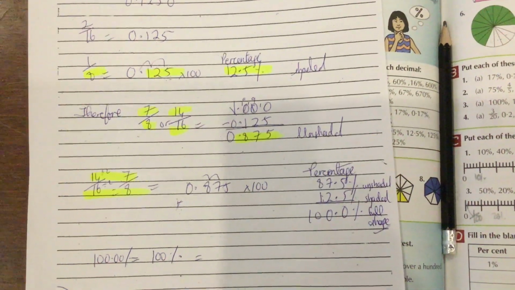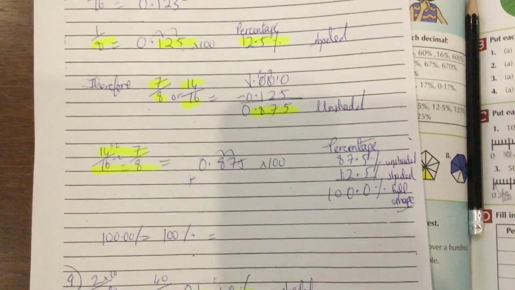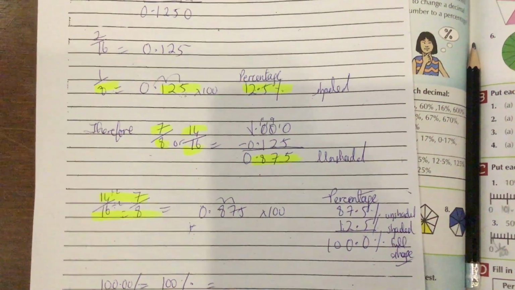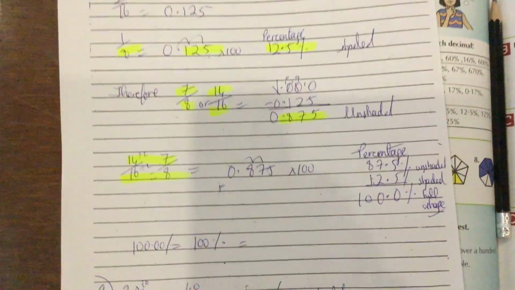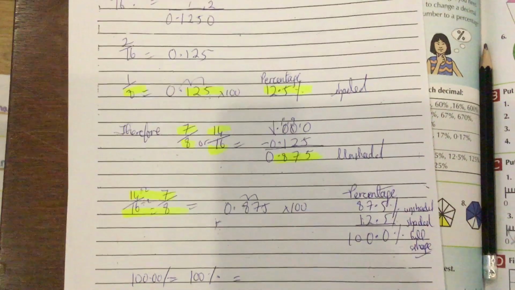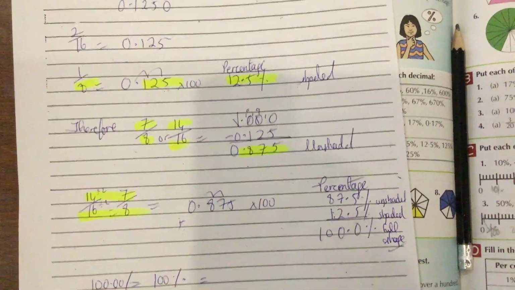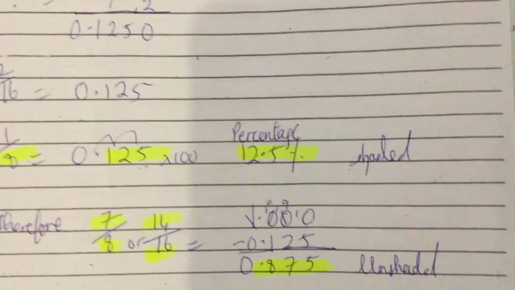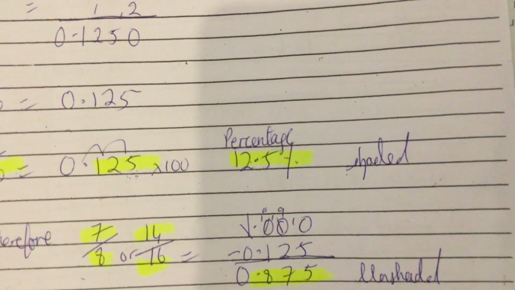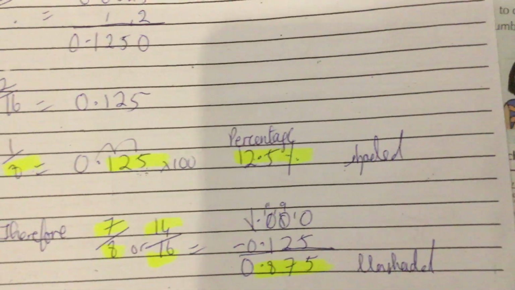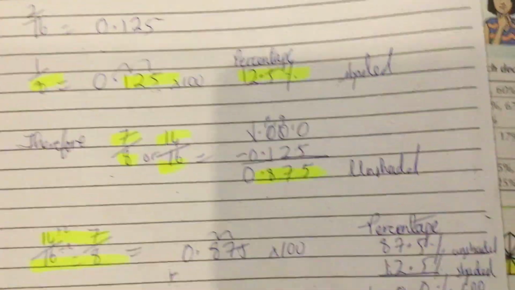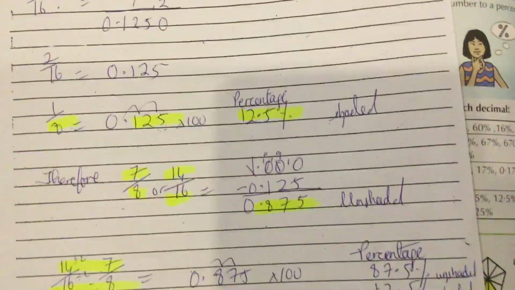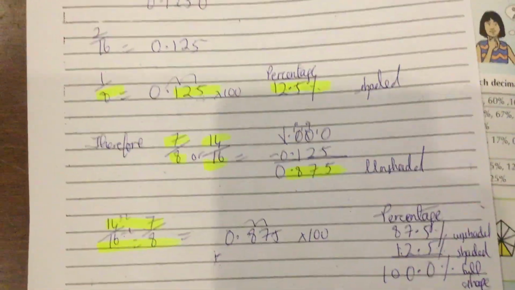You can take 0.125 away from 1.000, and you get the remainder, the decimal, which will be equivalent to 7/8, and then you convert that to a percentage by multiplying by 100. Or when you convert 0.125 into a percentage, you take that percentage away from 100%, so that'll be 100.0 to accommodate the 0.5, and you end up with 87.5%. And then you can convert the 87.5% back into a decimal by dividing by 100, which means you move your decimal